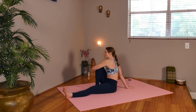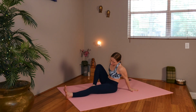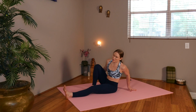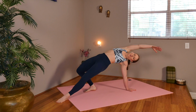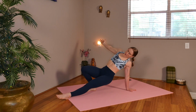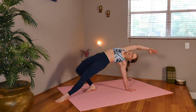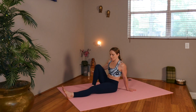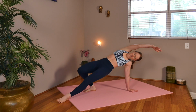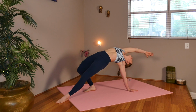Okay, now we're going to sweep that left arm over. Now we're going to press that right foot and start lifting the hips up into wild thing. As we do that, we're going to circle the right arm for 1, come down, inhale it up, exhale it down, 2, 1 more, sweep it up, inhale, now hold it here, look back if that feels good,